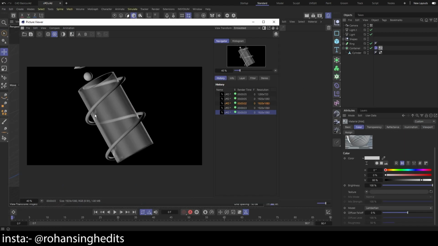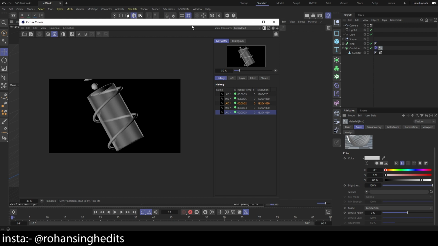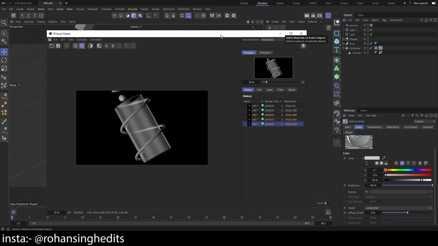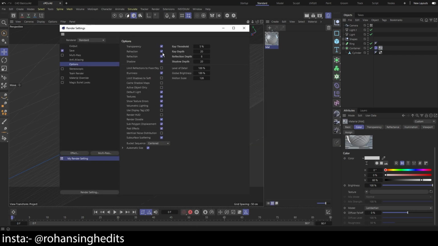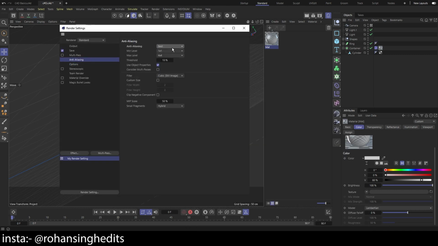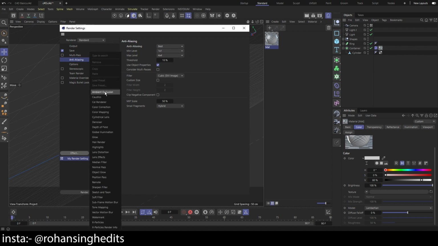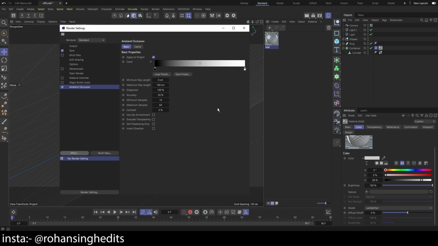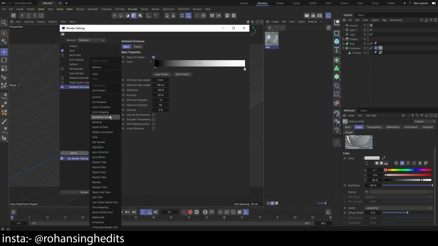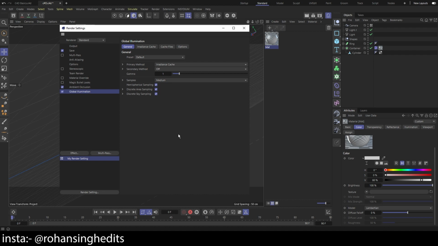Now, as we have these results, what we can do is change the anti-aliasing settings. Go to render settings. There, go to anti-aliasing and turn on best. What else we can do is add ambient occlusion. This is also what you can do. And also you can add global illumination. And now these things are gonna be really hard for a lot of new people to understand, but just